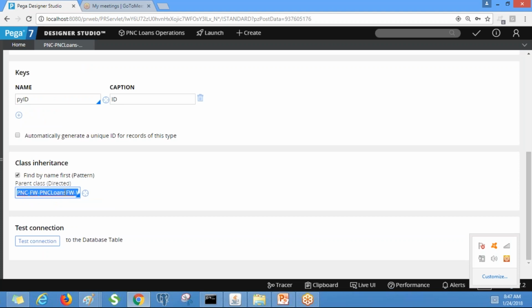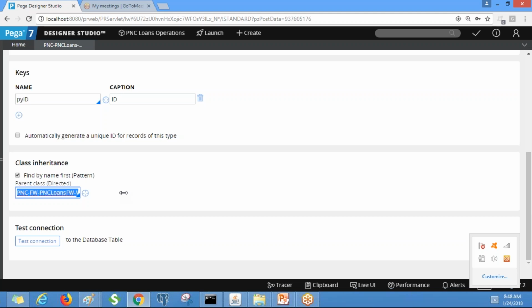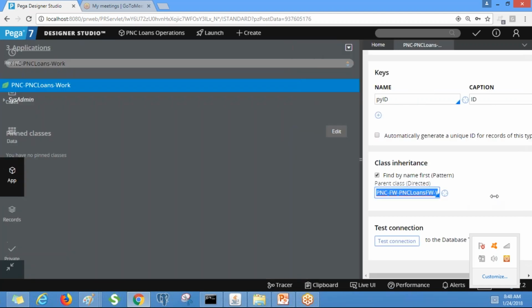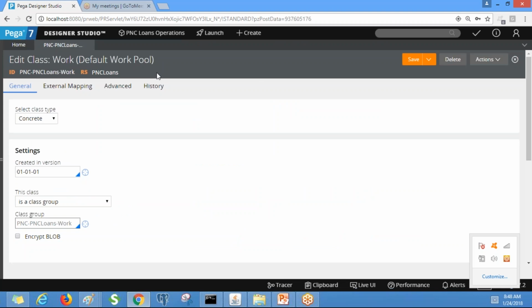And the find by name first pattern inheritance is enabled. That means you can utilize the characteristics from the other classes. Generally other classes would be the prefix of that class. So what is the parent class of this class? PNC hyphen PNC loans is the parent class of this class. Okay, you take this.